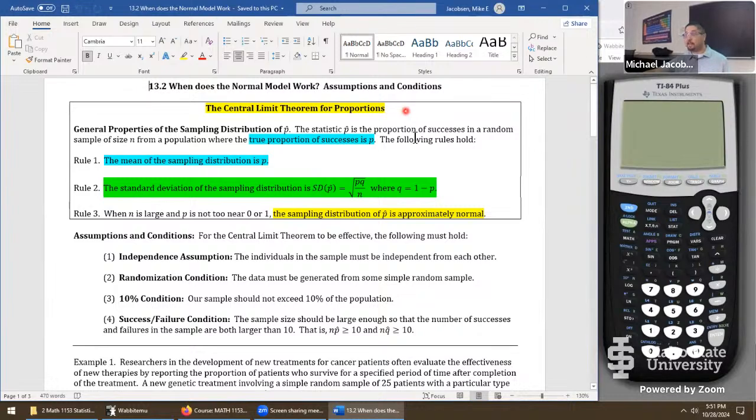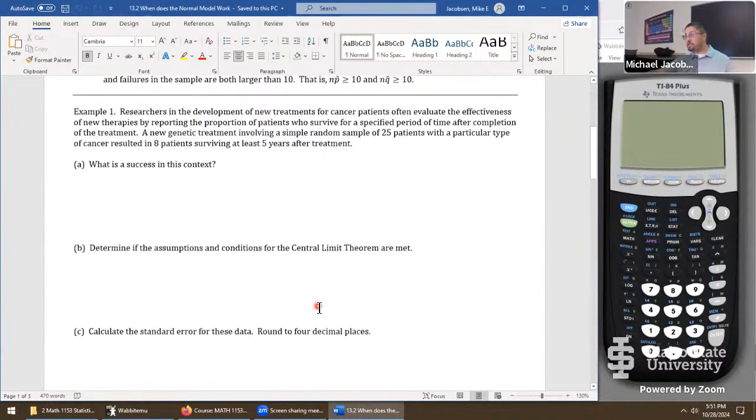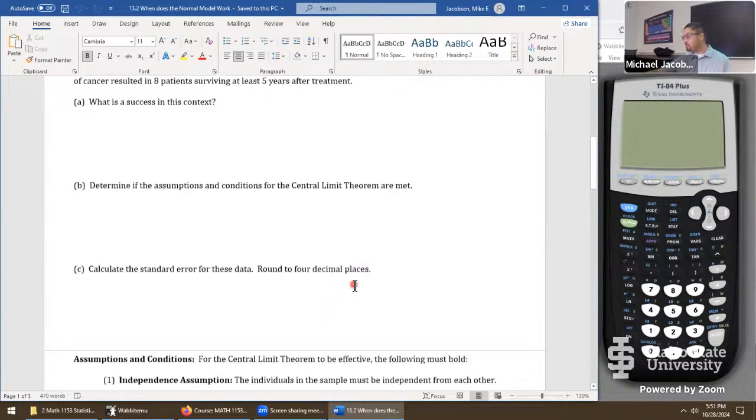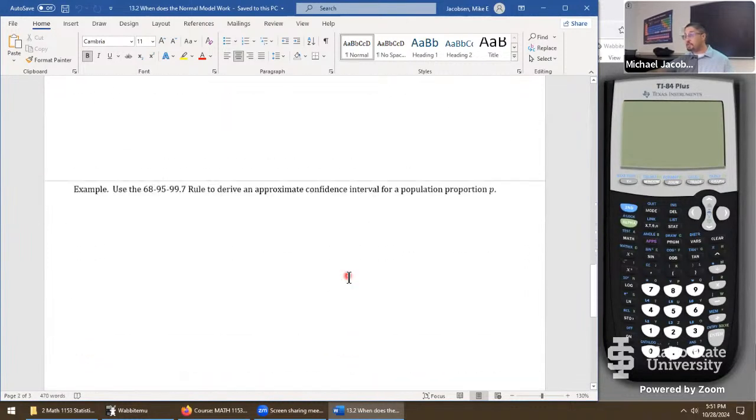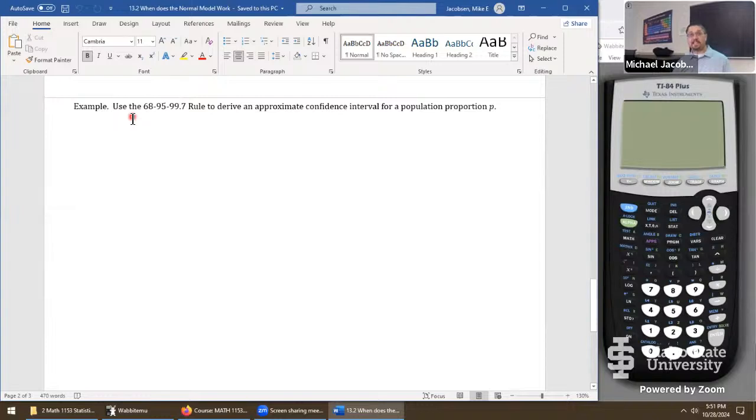We just have the central limit theorem. But here are the assumptions and conditions that we mentioned. Our major work in this set of notes is just check different scenarios, see if the assumptions and conditions are met. So our examples here are pretty similar to what you're going to see in the homework set as well. One thing we're going to do at the very end of the notes, though, is we're going to call back to the 68, 95, 99.7 rule. Just this once. We're not going to make this our official procedure, but this will help us connect the dots even further and show how all of this work, starting in, say, the chapters with the normal distributions, now connect to the confidence interval.